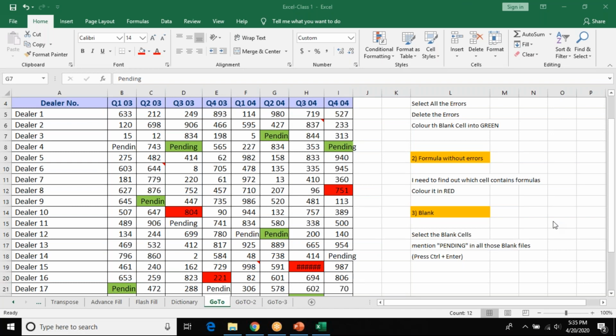Did you all understand? Somebody was asking about Control Enter.